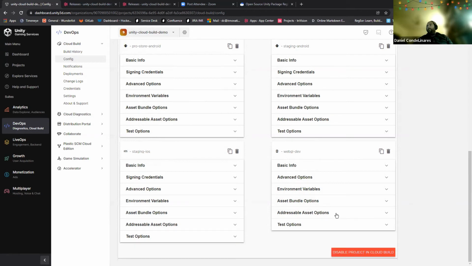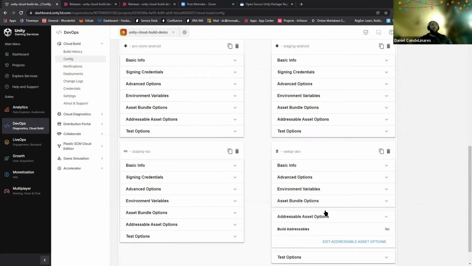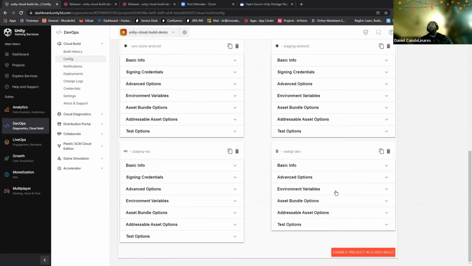And then addressables, you can also build addressables. Addressable is the new asset bundles from Unity. So if you guys have used it and know how it works, yeah, it's an iteration. It works more nicely than asset bundles, but for some of us, me, for example, personally, you build already with